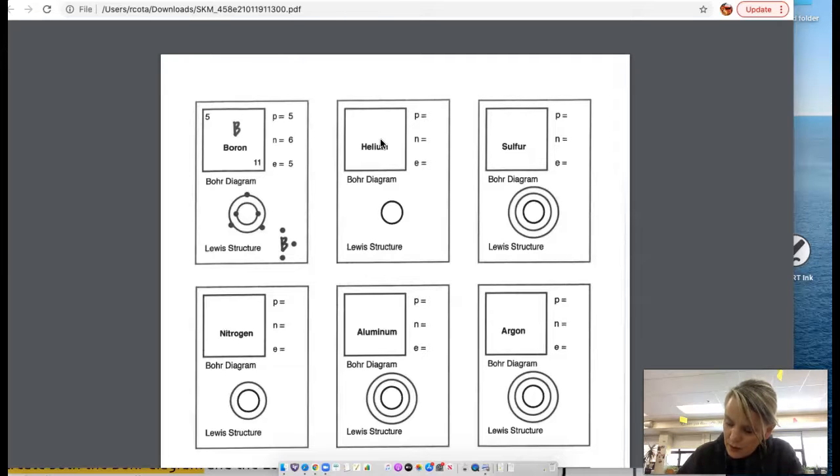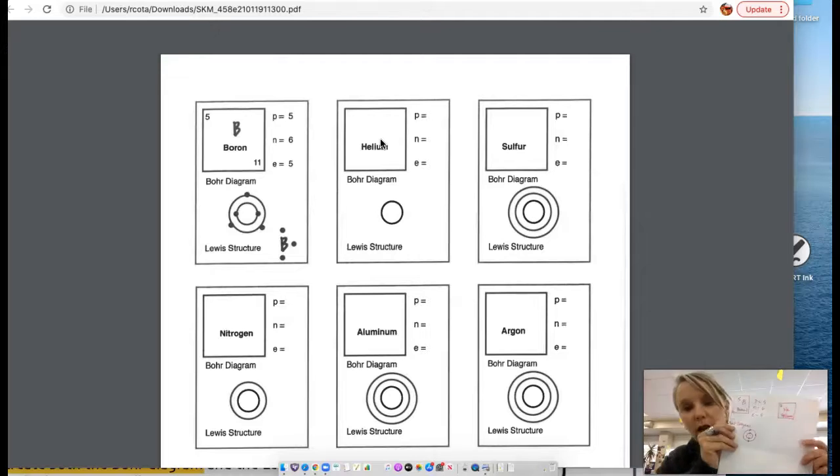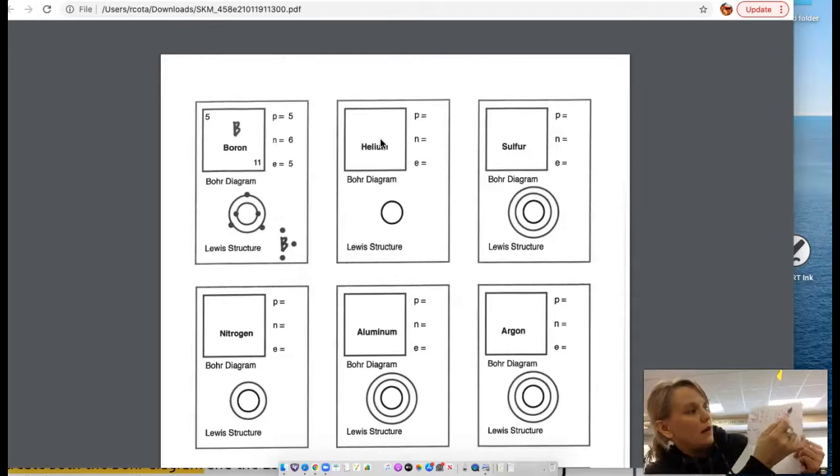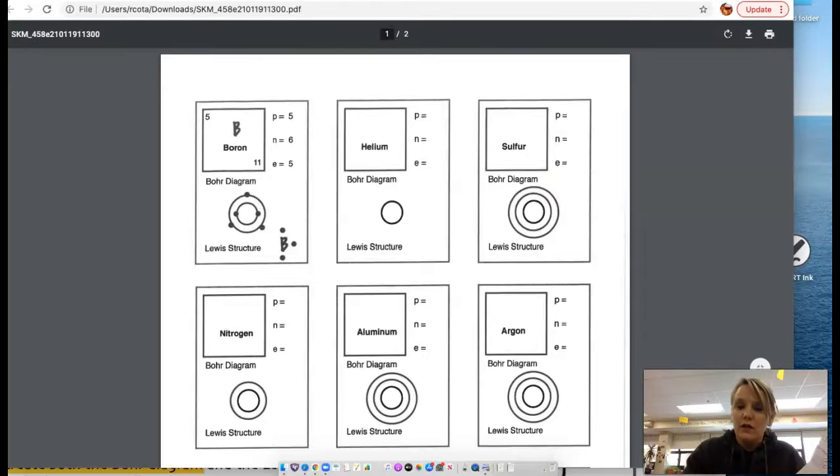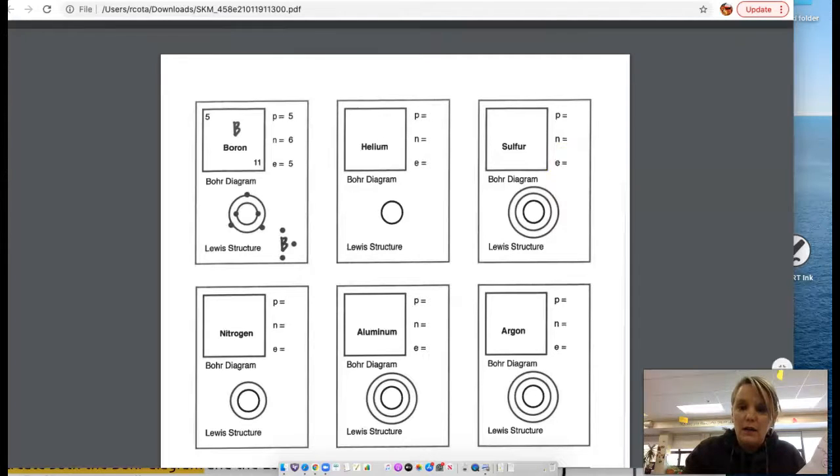To write helium here, we would write an He. It's a 2. Just like that. I would write my number of protons, neutrons, and electrons right here, and I would make my Bohr diagram right here. So on the instructions, if I go back to this first part here,